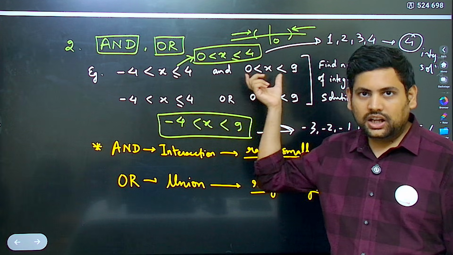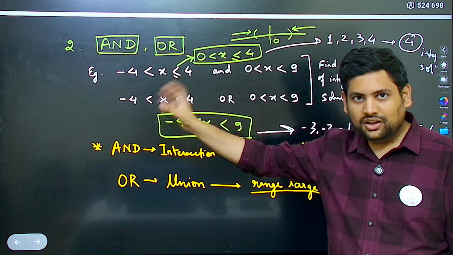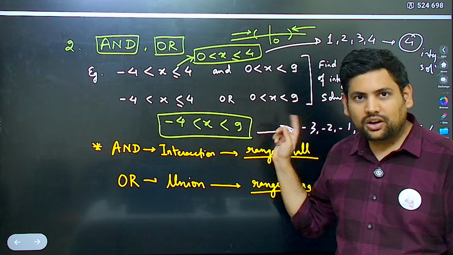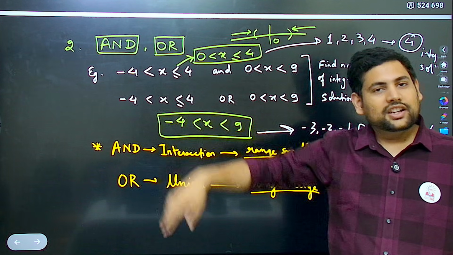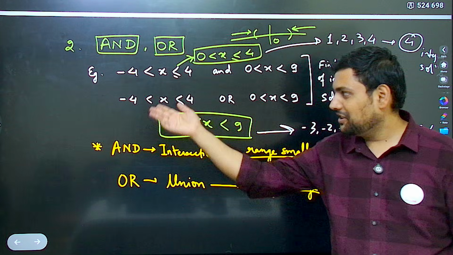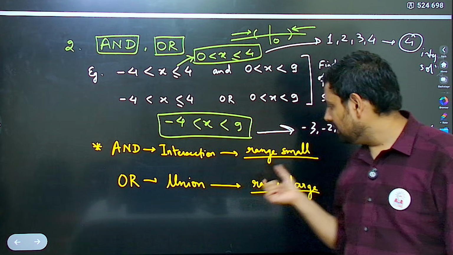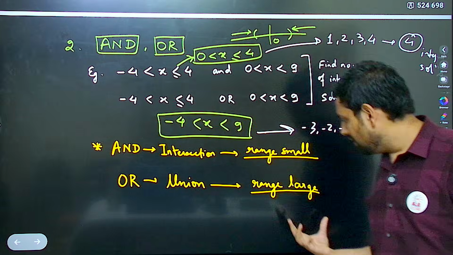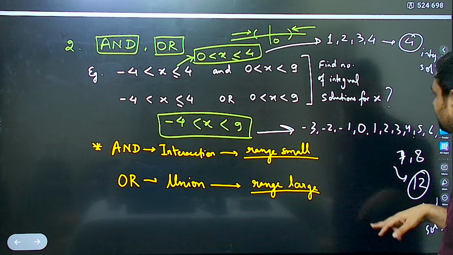So here what we used to take, we used to take intersection, smaller range. Here what you got? Much larger range. Correct? Even if you are this or that or anything, does not matter. So and, intersection, range is small, or, union, range was large. Then